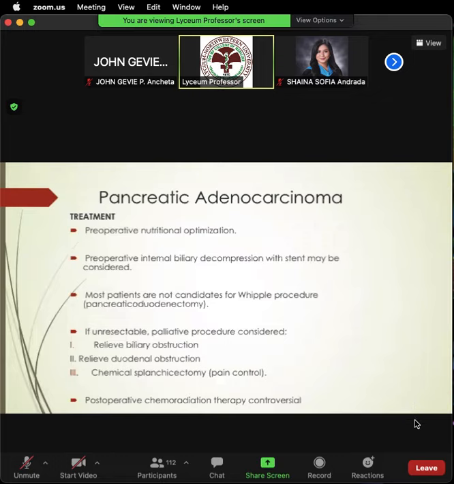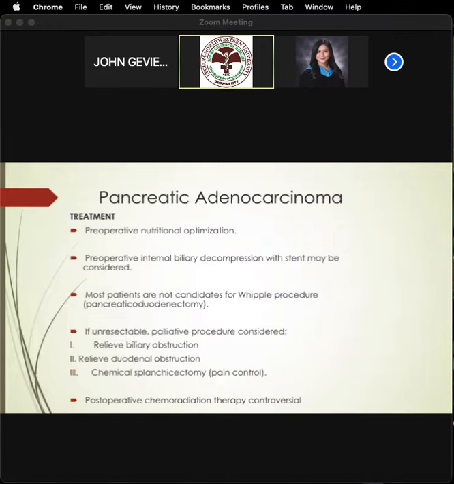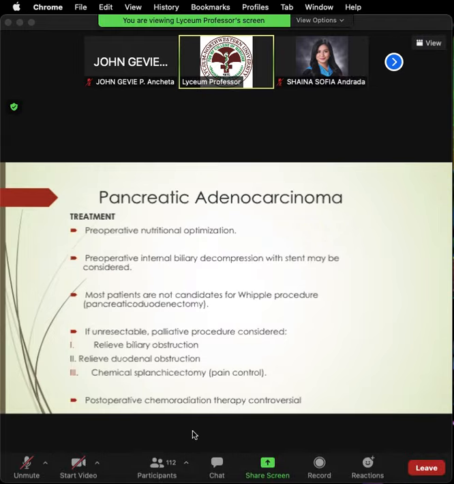We could relieve the biliary obstruction by ERCP or PTBD. And there's also an obstruction in the duodenum. We could perform an open bypass, or we could insert a duodenal stent. Okay. For pain, we could inject lidocaine in the